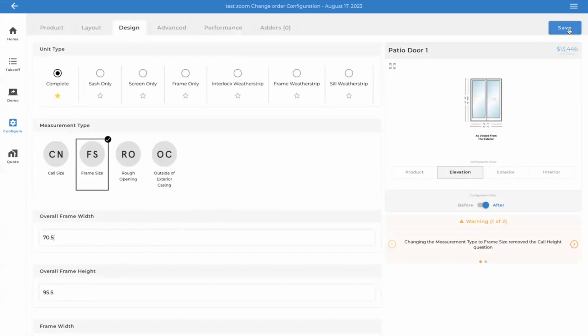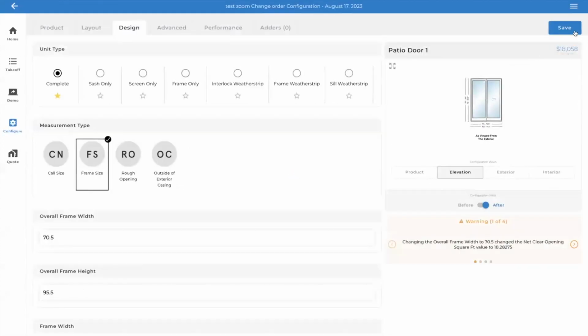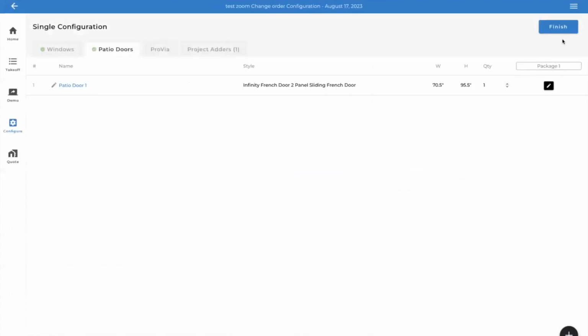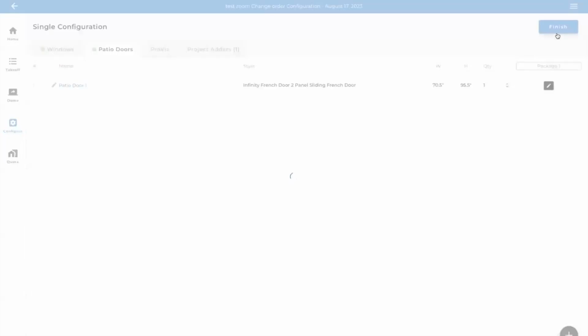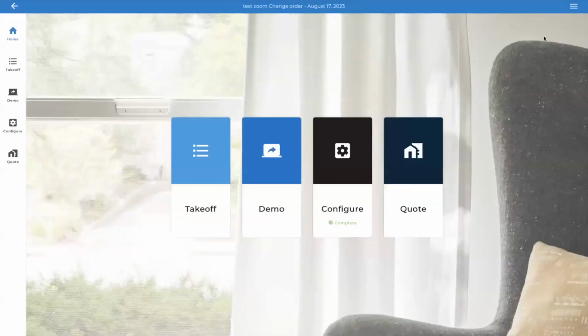Just in this one, I'm just going to change the size. It'll jack the price up there for the custom. And then what I would do is hit save. Now my changes are finished. So I'm just going to hit finish. It's going to save those changes. Take me back here. When I hit quote,